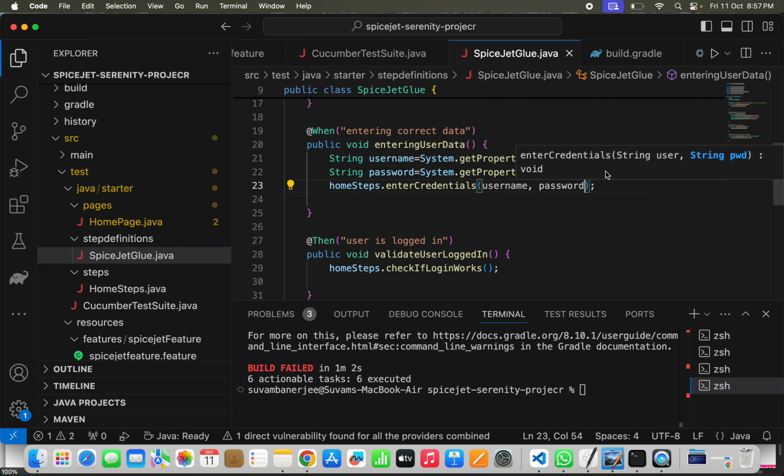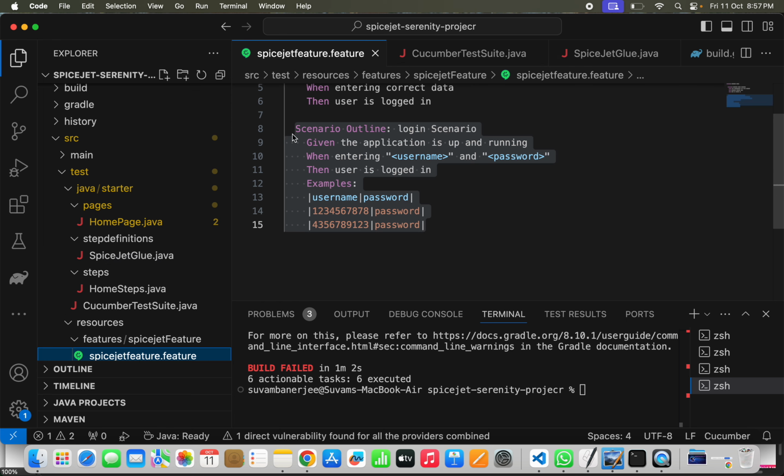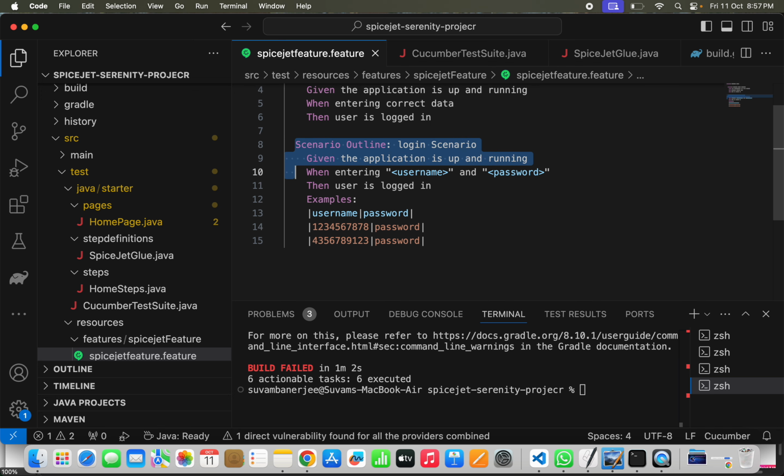So using username system dot get property will do it. Okay, and let me for now comment this scenario outline because it is unnecessary. It will take some time,